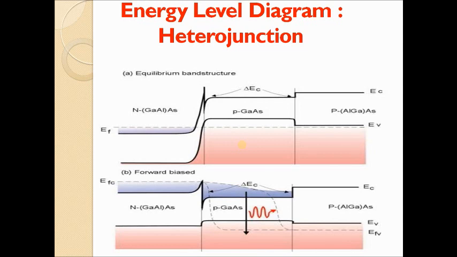Here also we can explain the working using the energy level diagram. When the PN junction is forward biased, the electrons and the holes are injected into the junction region. The region around the junction contains a large number of electrons in the conduction band and holes in the valence band. Now some of the injected charge carriers recombine, they produce laser action across the junction.